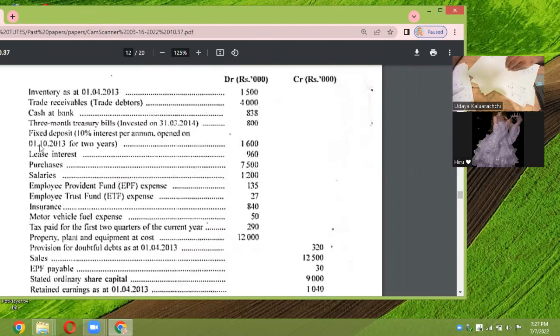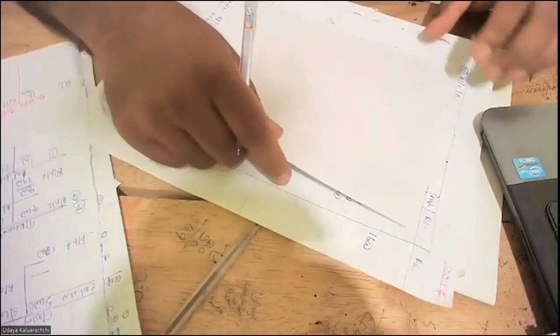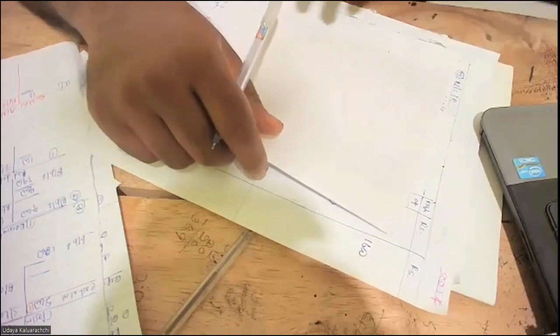It is 1st of October 2013. Remember that this was placed exactly in the middle of the year. Right. Then working number